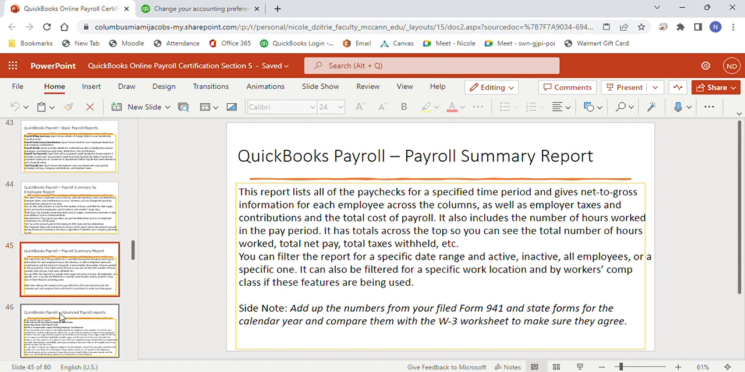And then the payroll summary report. This report lists all the paychecks for a specific time period and gives the net to gross information for each employee across the column, as well as the employer taxes and contributions and the total cost of payroll. It also includes the number of hours worked in a pay period. It has total across the top, so you can see the total numbers of hours worked, total net pay, total